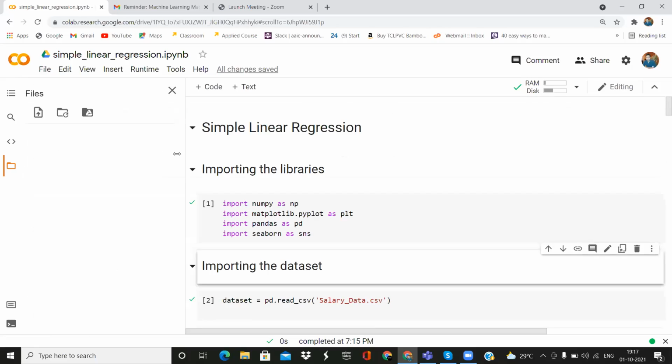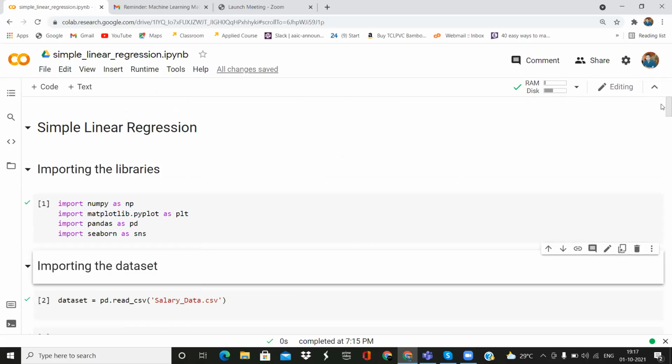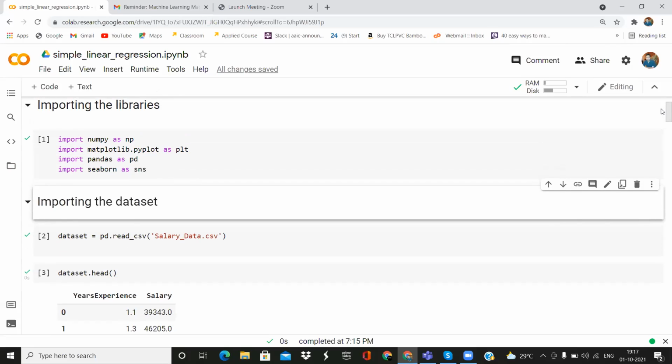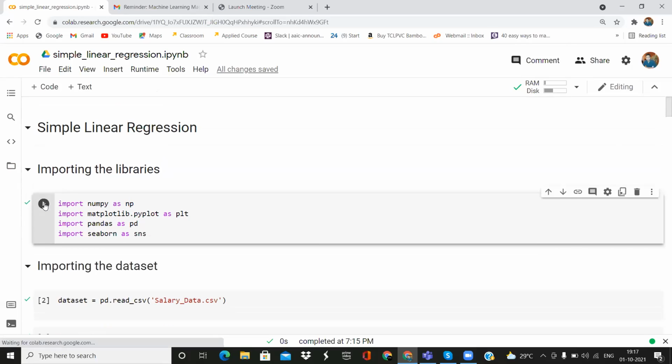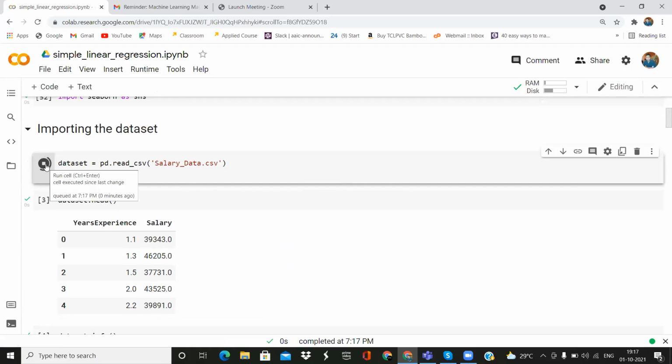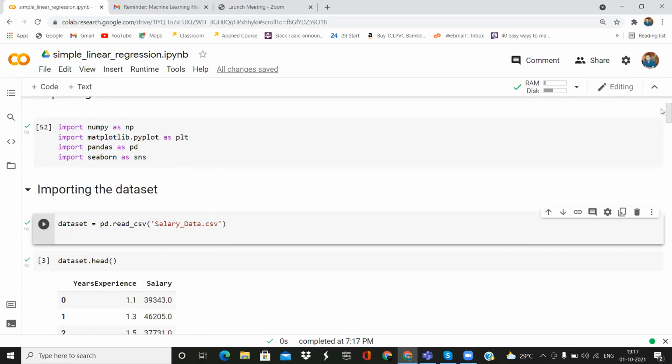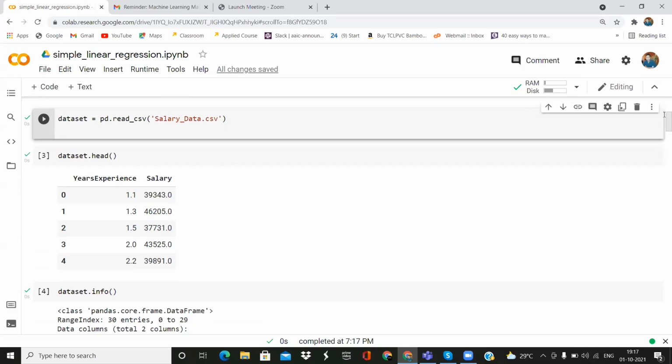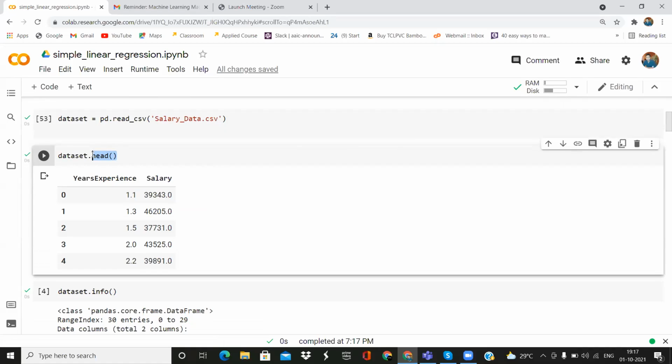Okay. So here, let me upload my file, yeah, it's already uploaded. It's salary data. Now, after that, let me run this part. Now what we do is upload the dataset, that is salary_data.csv. Then we will see the top 5 data points of our CSV file. For that we use the head method. As you can see, there are 5 data points.